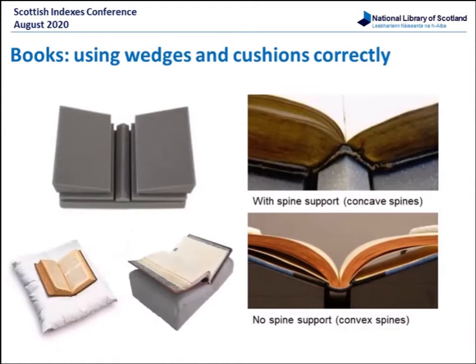Book cushions are a simpler method of providing support for books during consultation. They usually contain polystyrene beads encased in a sealed bag with a detachable outer cover. Before the book is positioned on the cushion, it should be moulded into the desired shape with a vertical channel in the middle to accommodate the spine and joints. Additional cushions can be used if the profile is too flat. However, book cushions are inappropriate for large, heavy volumes as the weight of the boards can flatten the cushion, basically